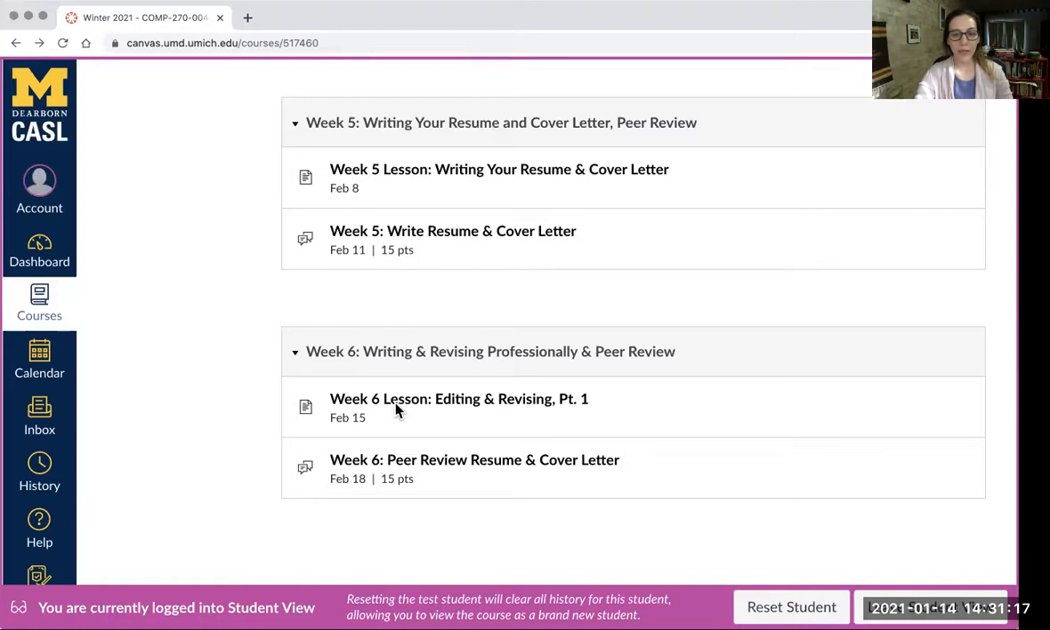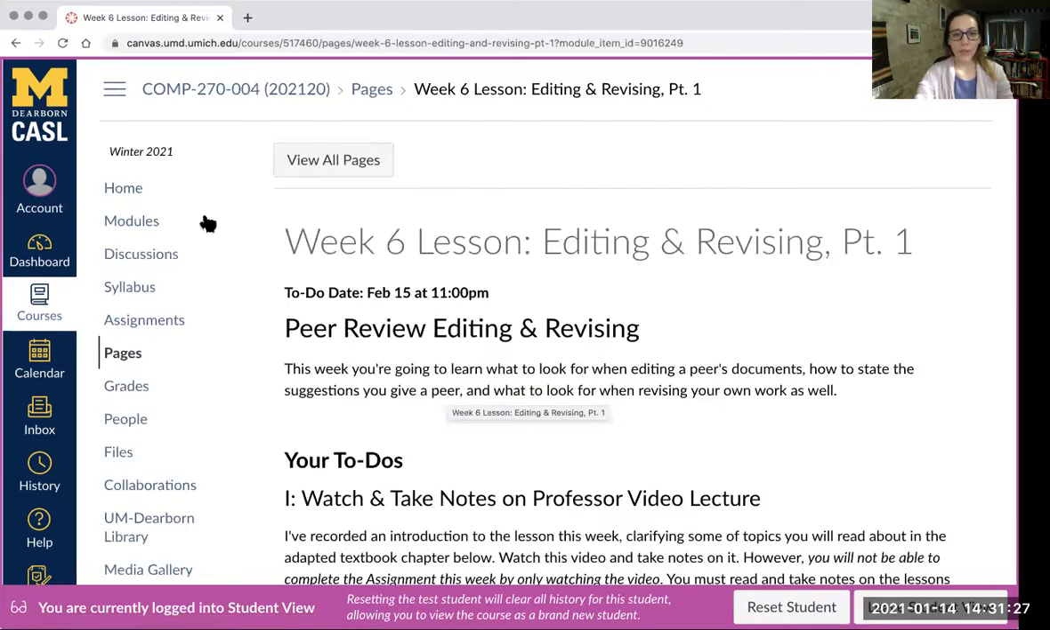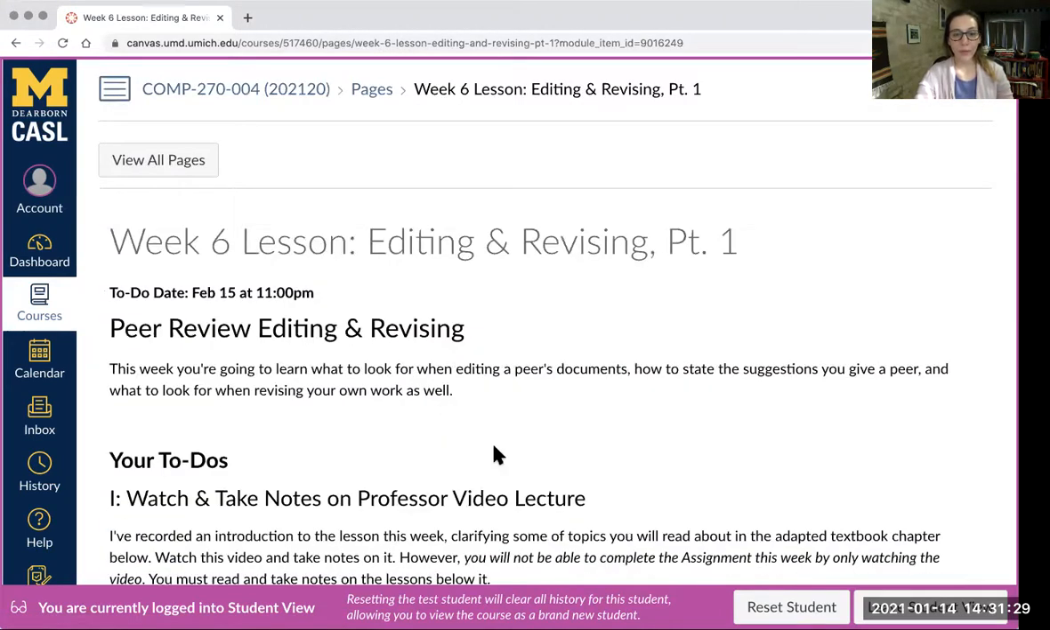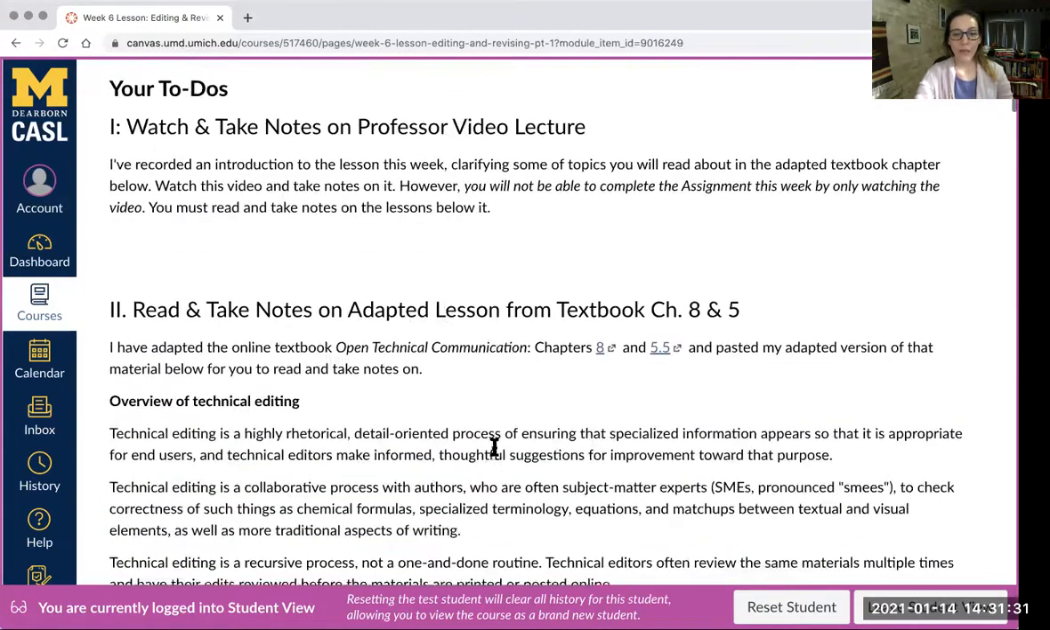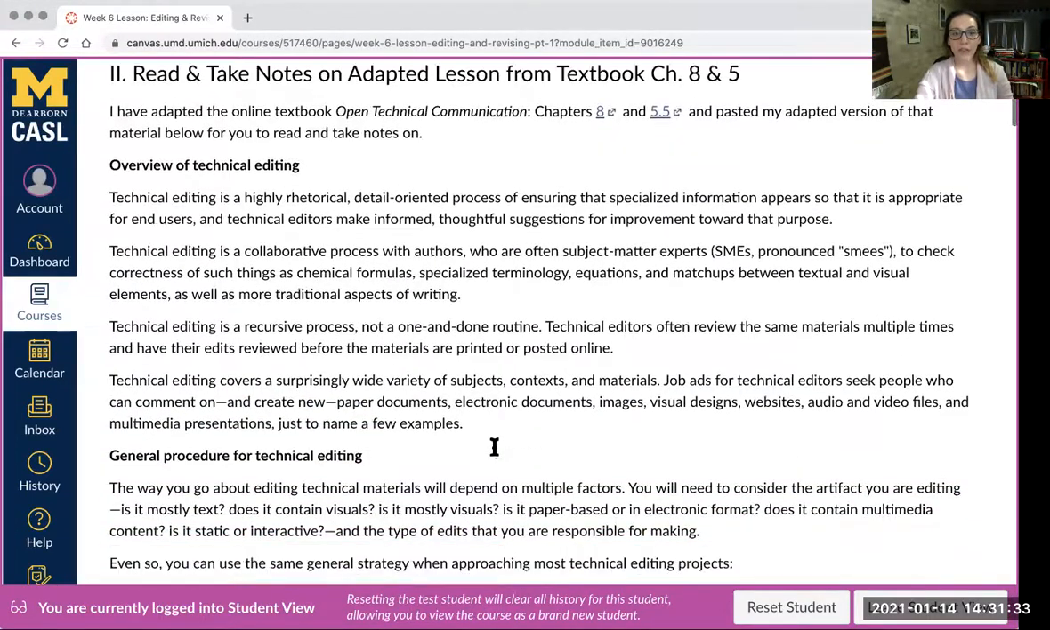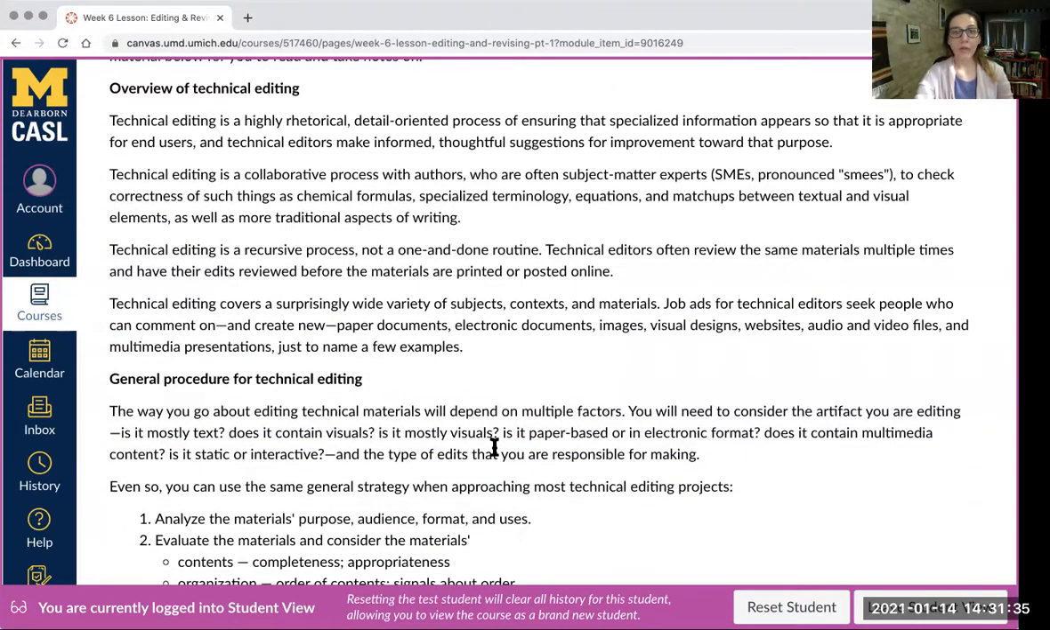This week you're going to learn about my expectations for your peer review assignments. In week 6, you have a lesson about editing and revising, and you have an assignment to peer review a peer's resume and cover letter. In order to successfully complete that peer review, you need to learn about the technical editing type of peer review